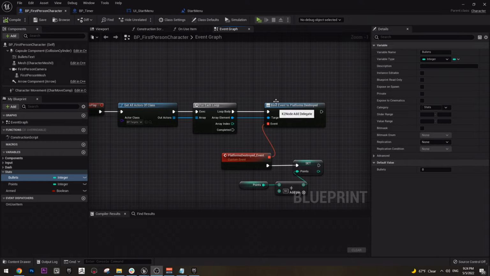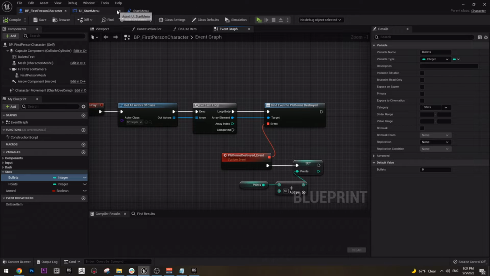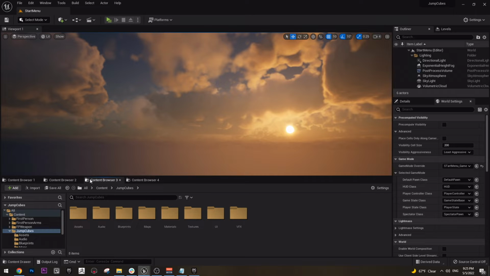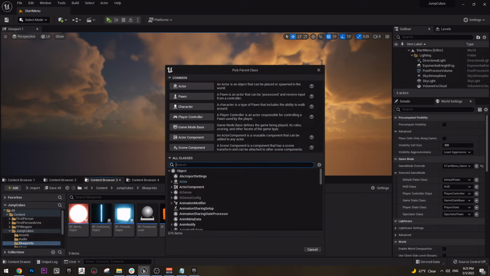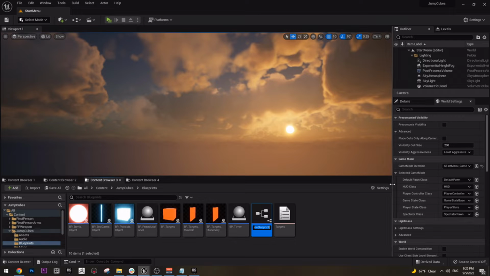What do we need to have a saving system? We need first-person character, and we need other blueprints as well, but let's just do the first thing first. We need to create another blueprint. So go to your game folder and go to blueprints, and here in blueprint class we need to search for game instance, and this is the class that we need to save our variables in. So BP save variables,